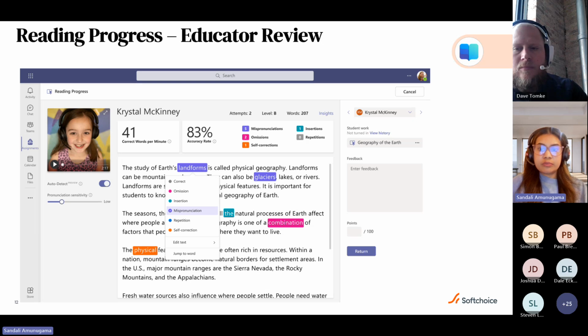Reading Coach and Reading Progress leverage the Azure Pronunciation Assessment API for accuracy assessment. Reading Coach specifically uses the Azure Mispronunciation API to further enhance accuracy. Additionally, Reading Progress utilizes insights technologies to suggest areas of focus based on the phonics rule analysis, which is really supportive to our students. And now I'm going to move on with